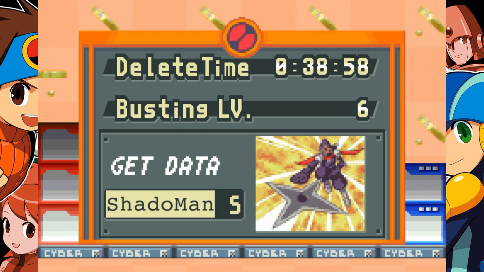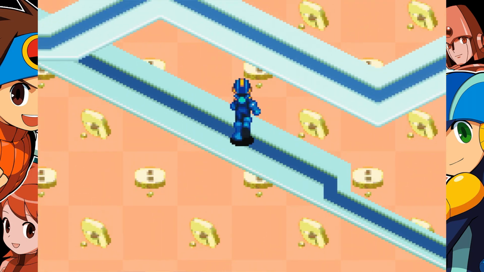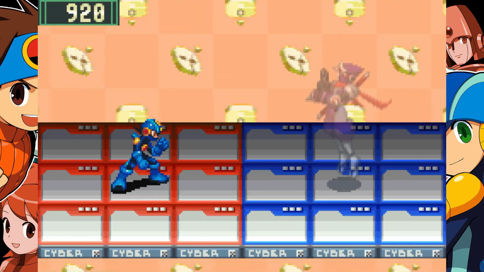Anyway, that does in fact give us a Shadow Man chip, and we can finally move on to the next area of the net, which is actually the last area of the net, which is filled with even more...